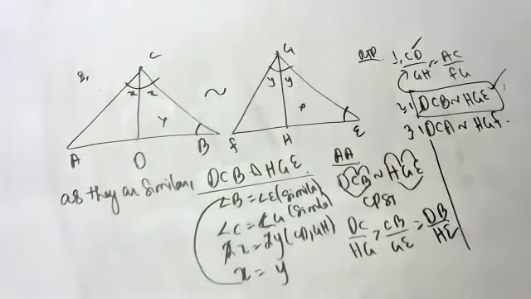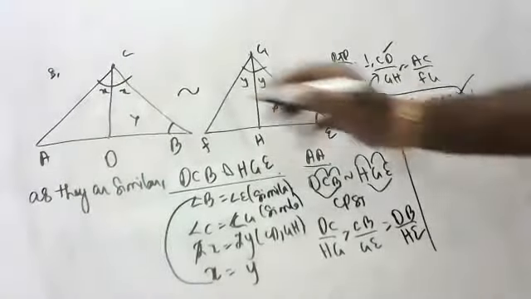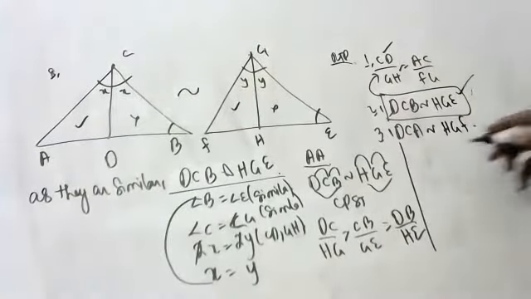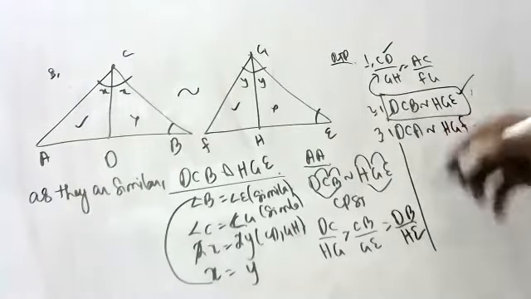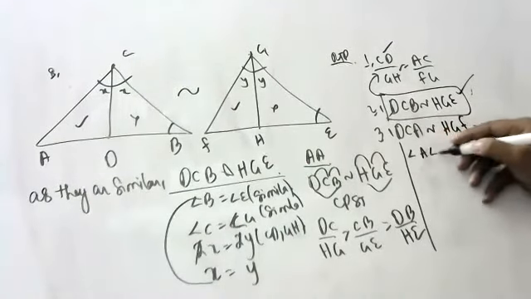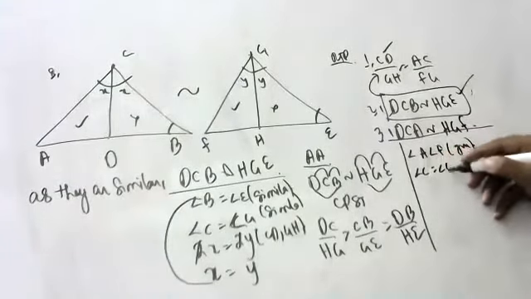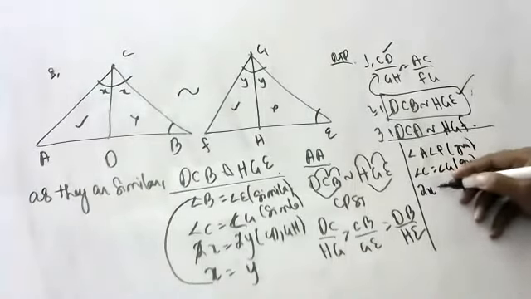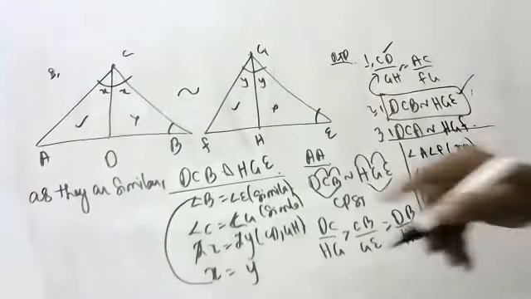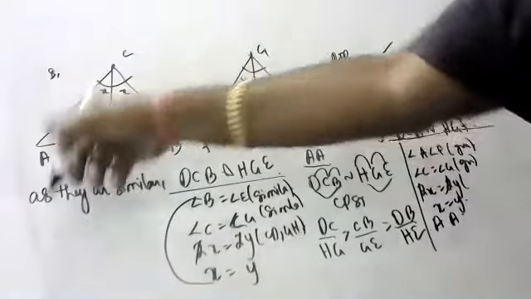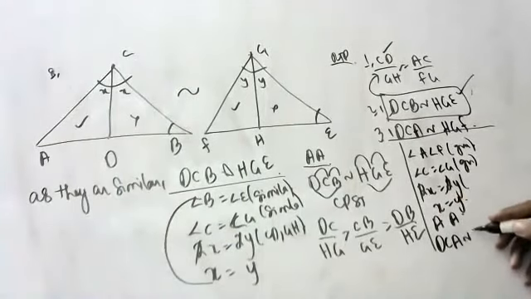Second proof is over till now. Now third proof, children, same proof, but we have to consider these two triangles. Who will tell, children? Tell, Rakesh. Angle A is equal to angle F, because given, similar triangles. Next, angle C is equal to angle G, given. So 2x equals 2y, x equals y. By AA similarity, DCA is similar to HGF.